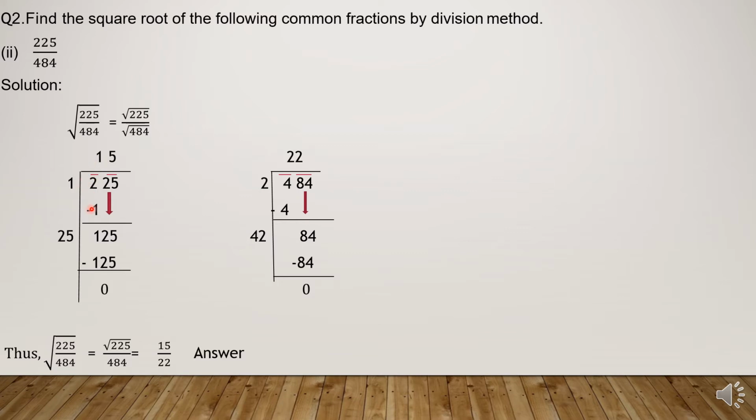Tell me, can we write here 1 and here 2? 1 twos are 2. No, this can't happen. This is the rule of division, but in square root, as I am talking about square root, your numbers must be the same. If you select the divisor 1, then 1 multiplied with itself is 1. 1 ones are 1. Then put the sign of subtraction. 2 minus 1 is 1. Now what will happen? The complete pair 25 will come down, not the single digit like in division. In square root the complete pair will come down, that is 25.